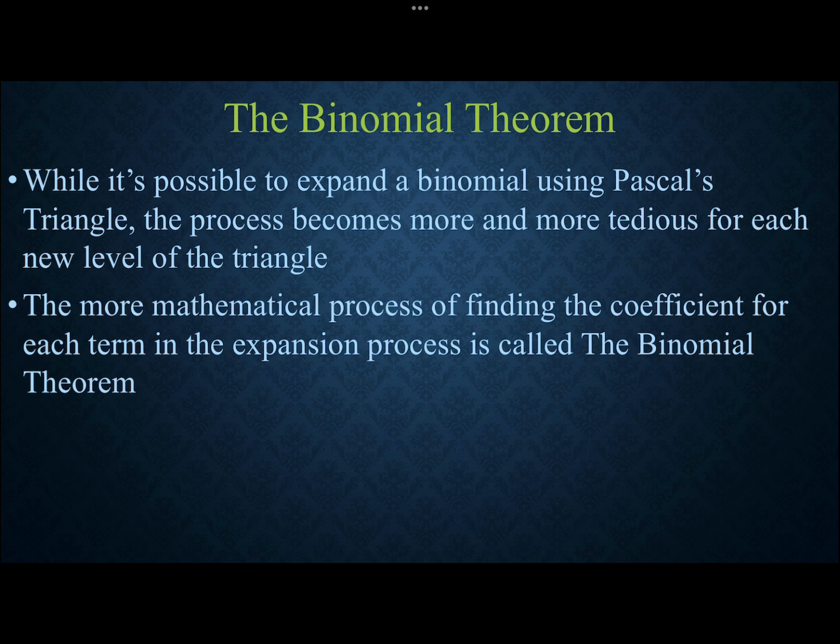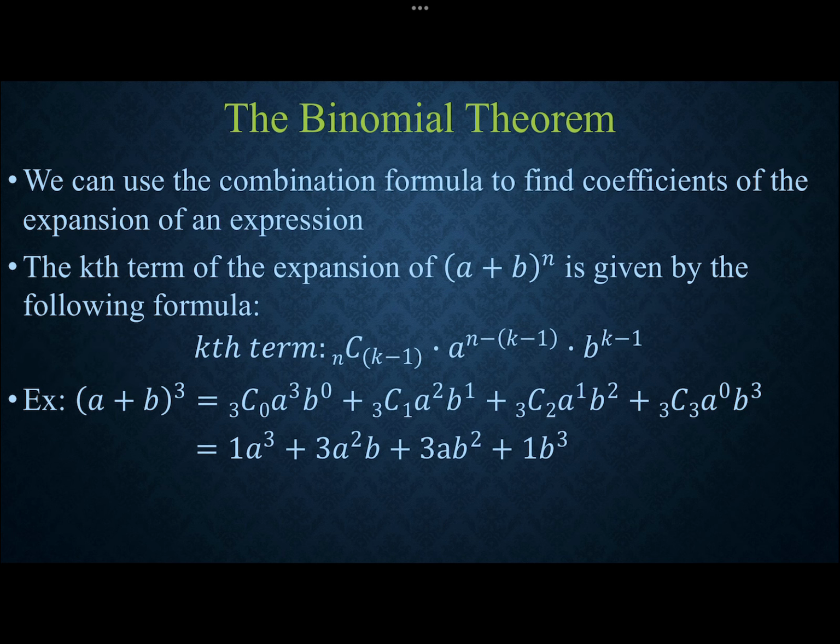It's the mathematical process behind finding the coefficient of each term in the expansion. And that's where the combination comes into play. It turns out that the general kth term, so for example, if we're talking about the third term, k is 3, is this formula: nC(k-1) times a^(n-k+1) times b^(k-1). Meaning, if I want to talk about, again, so let's say we're talking about,